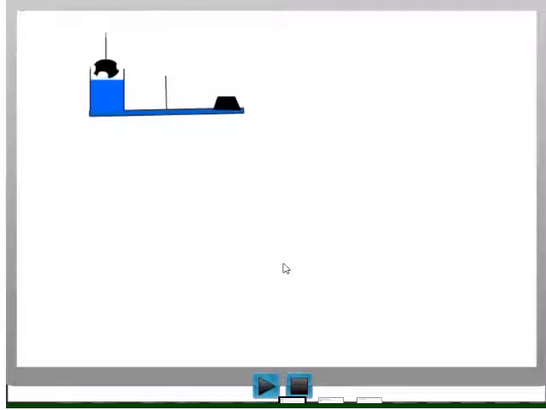So this is the animation I am showing you, which tries to illustrate the description given in the numerical. Now see this animation, what it tells you. See carefully. This is the balance. On the balance I have kept a pot full with water, filled with water. Then I immersed an object inside this water.